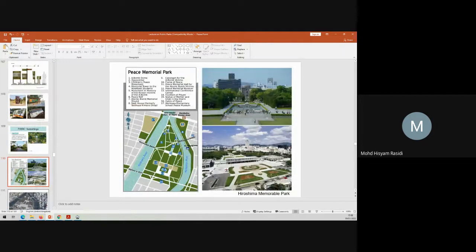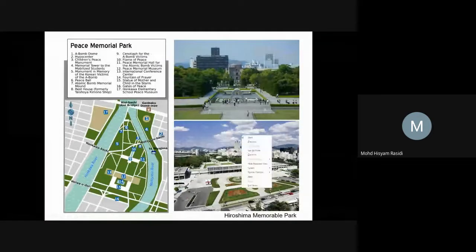Okay, there are many types of parks, like I said to you: urban park, community park, national park, right? So even there are some themes. For example, the forest park in the city, the water park, they have some theme. Like this is an example of the peace memorial park in the city of Hiroshima, and you can see that is the museum, the museum of Hiroshima, the atomic bomb tragedy,